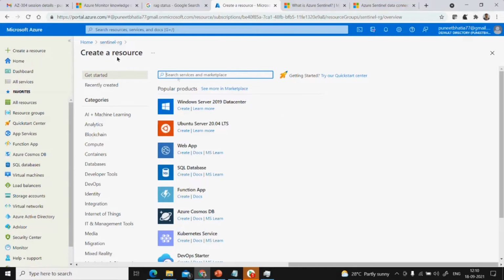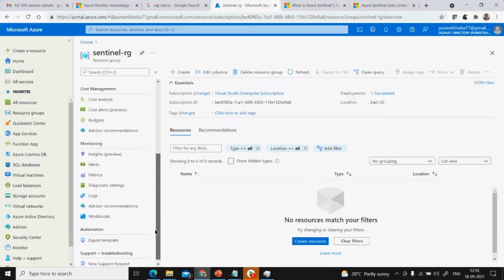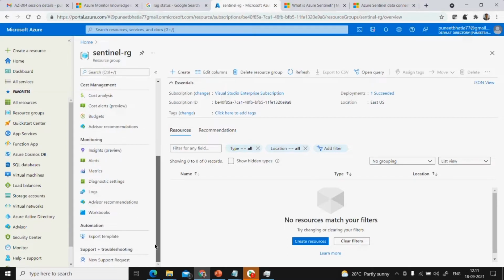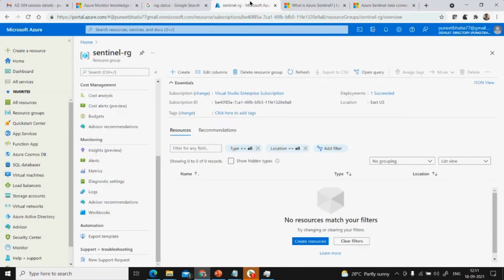Do we need to? This is the Sentinel resource group. Has it created deployment, security, properties? No resources. Okay. Under Azure Sentinel, we have created a resource group, but it has not created the Azure Sentinel